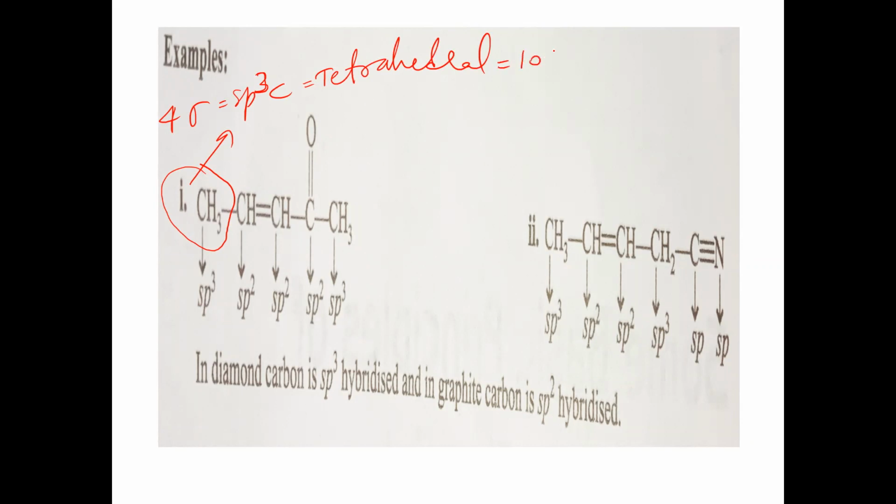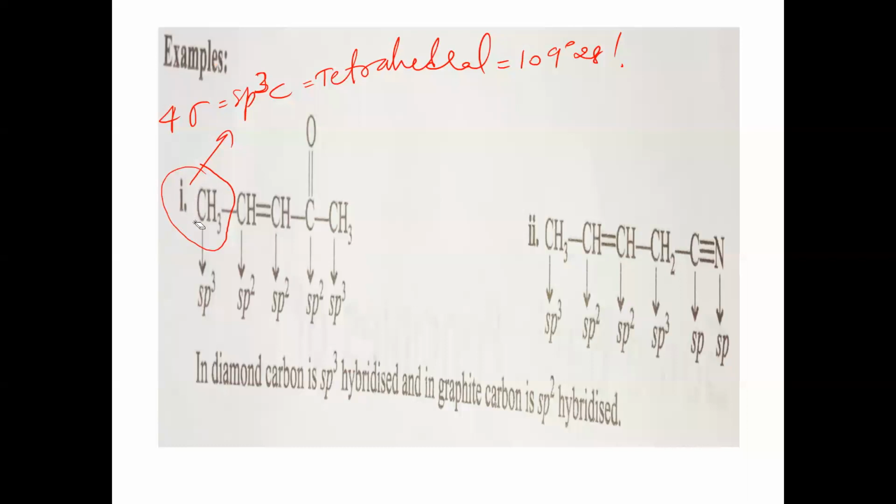See this one. Here, this carbon has three single bonds with hydrogen and one single bond with the carbon next to it. So this carbon has four single bonds around it. Four single bonds indicate an sp3 carbon. sp3 carbon has which geometry? Tetrahedral geometry. And the bond angle of tetrahedral geometry is 109 degrees 28 minutes. So these are all pieces of information we can get by seeing the number of sigma bonds and pi bonds around that carbon.